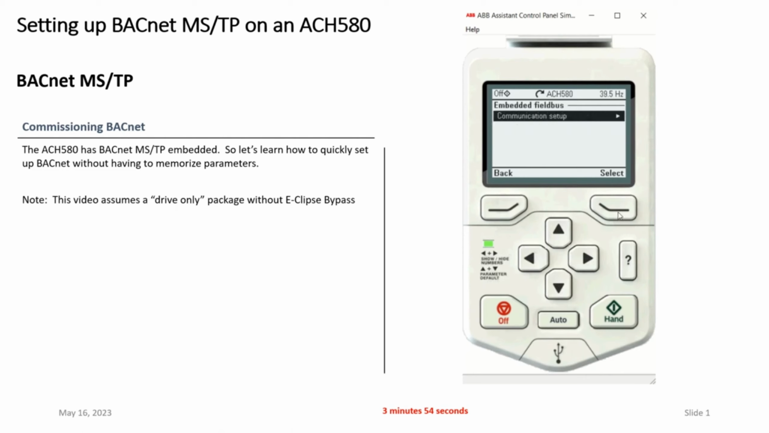And I'm going to go into the communication setup and EFB, that stands for embedded field bus. So the drive has BACnet MSTP built into it. It also has other protocols like Modbus built into it. So what I'm going to do is go ahead and select BACnet MSTP, hit save here, and we're getting the